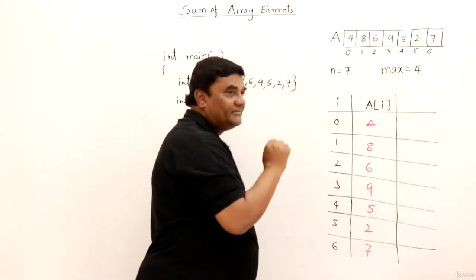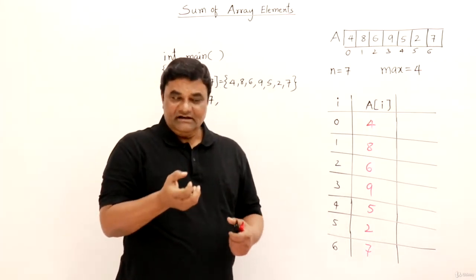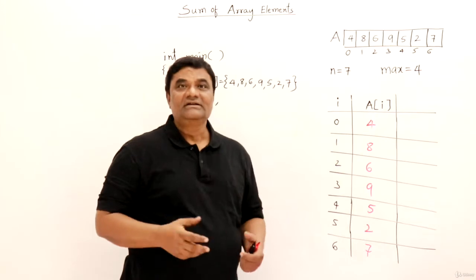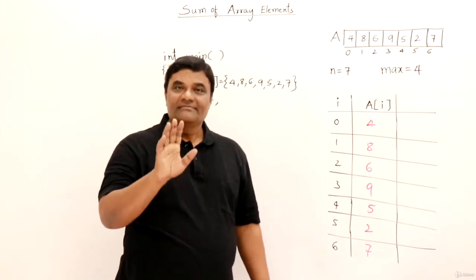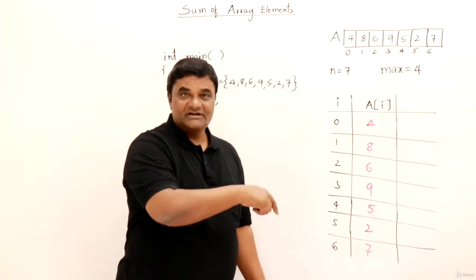So what is the last number? 9. So we should remember what is the largest right now with us. Then go on comparing with all the elements. This is the simple procedure. Let us do it. I have the list of elements here. Let us do the same thing here.